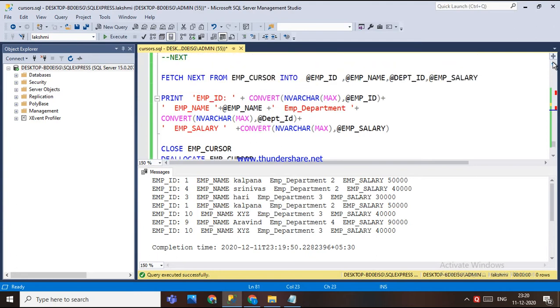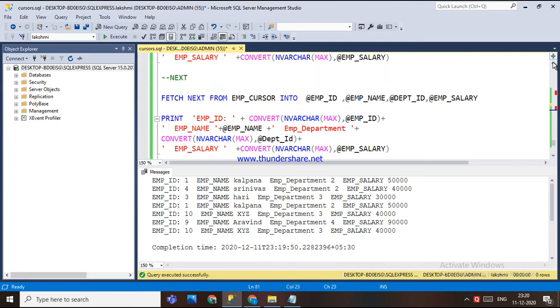In this video I have explained the six scroll options available in the cursor to fetch the data: next, prior, relative, absolute, and so on.